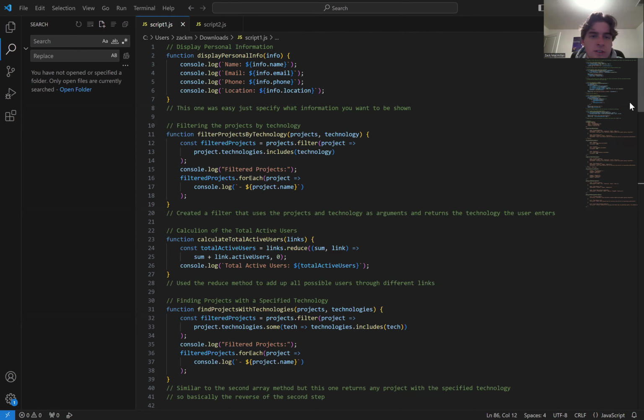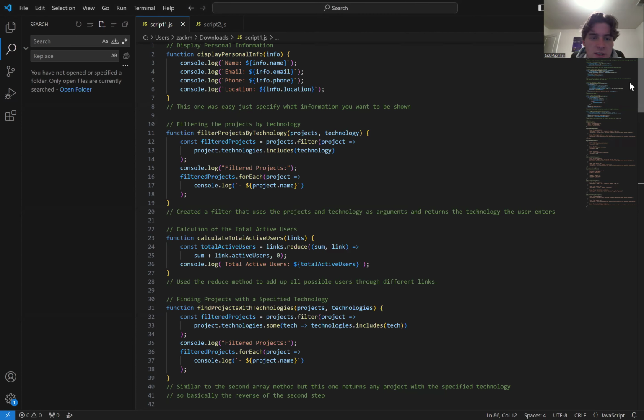First up was to just display the personal information. This one was easier than what we've done in the past, just simple. And the second one was filtering the project by technologies. I created a filter, and it uses the projects and technologies as arguments, and then it returns the technology that the user